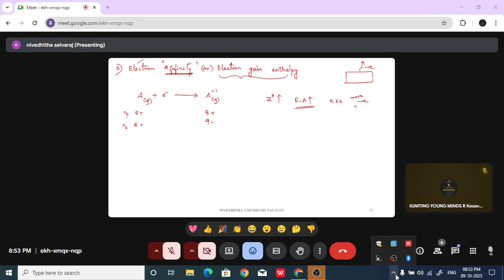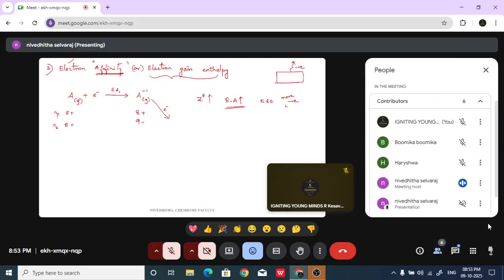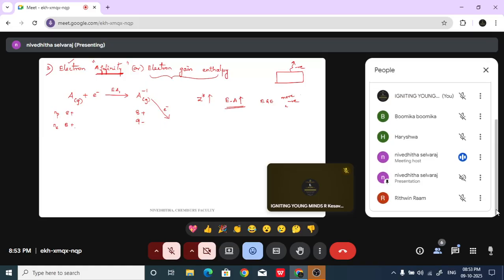Right. Now we are going to add one more electron to the system. See, this is electron affinity 1. Now I'm going to add one more electron. Is it really possible, or is it really easy? Here there are 12 protons holding 12 electrons, which is easy. But here there are only 8 protons and 9 electrons. Already the electron count is more. Now we are adding one more electron to it, which is